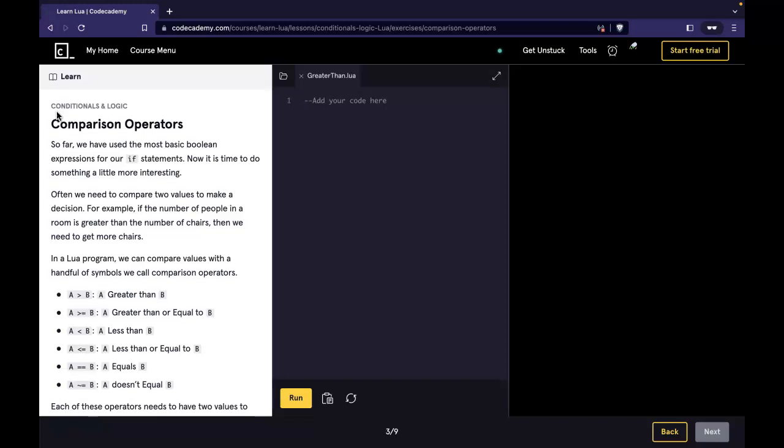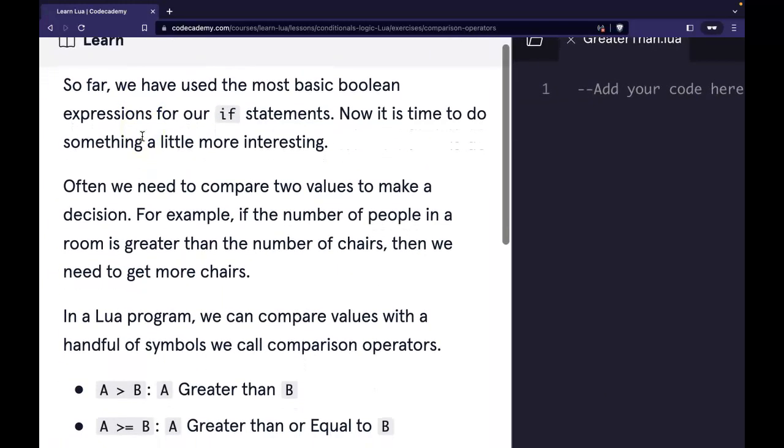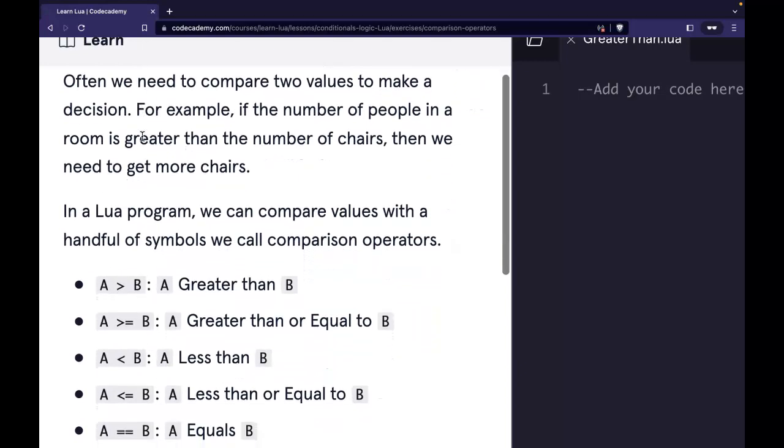We're in the conditionals and logic section. This is comparison operators. So far, we have used the most basic Boolean expressions for our if statements. Now it is time to do something a little more interesting. Often, we need to compare two values to make a decision. For example, if the number of people in a room is greater than the number of chairs, then we need